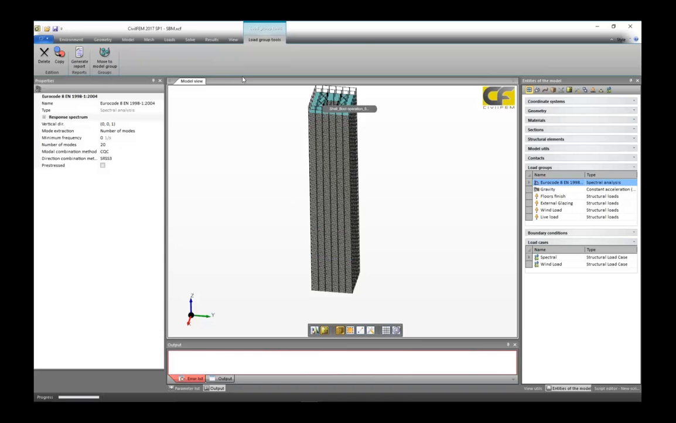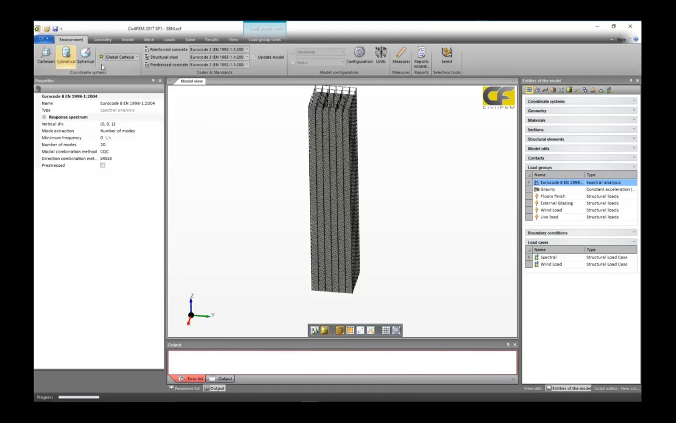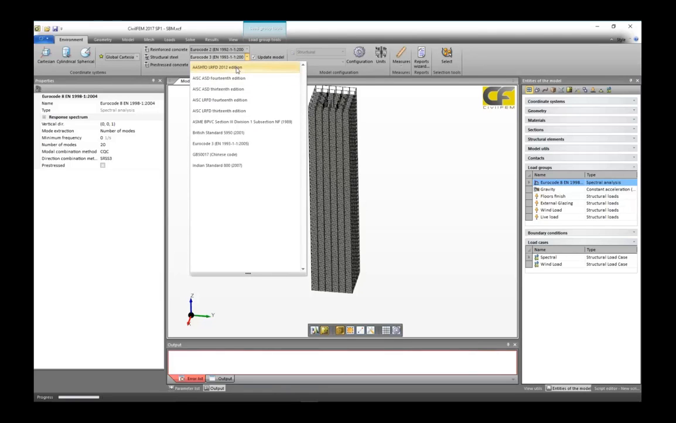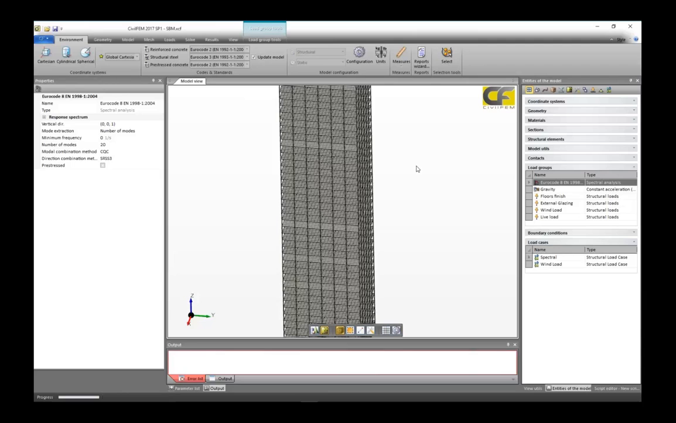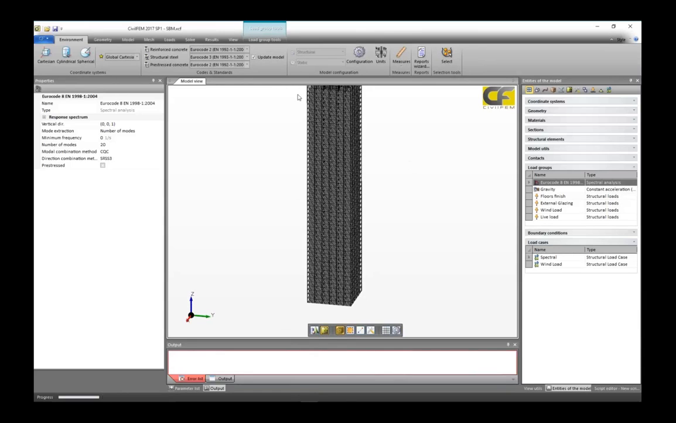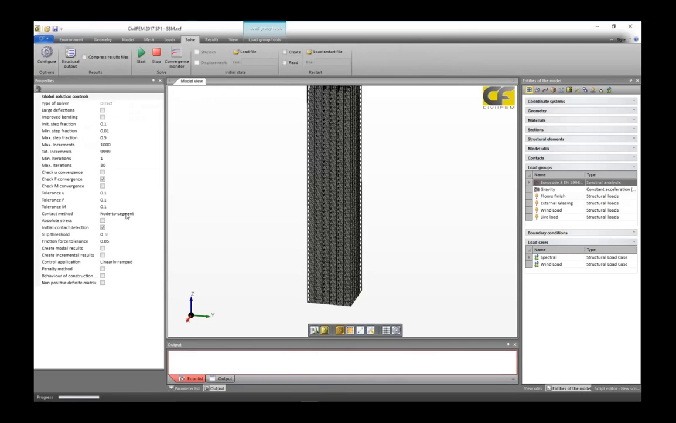Of course, for checking and design, first we select in the environment, in the first tab, the codes we will use. In this case, we will use Eurocode 3, but we have a long list of codes and standards that you can use: American, British, Chinese, Indian codes. You can select any of them to check and design. After generating all the load cases, we solve,